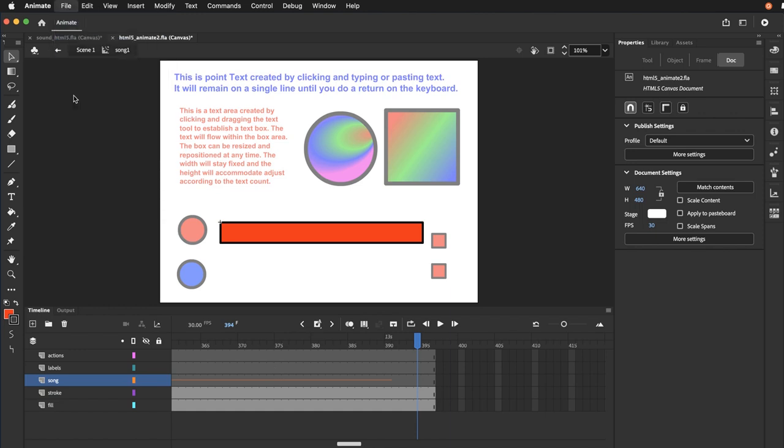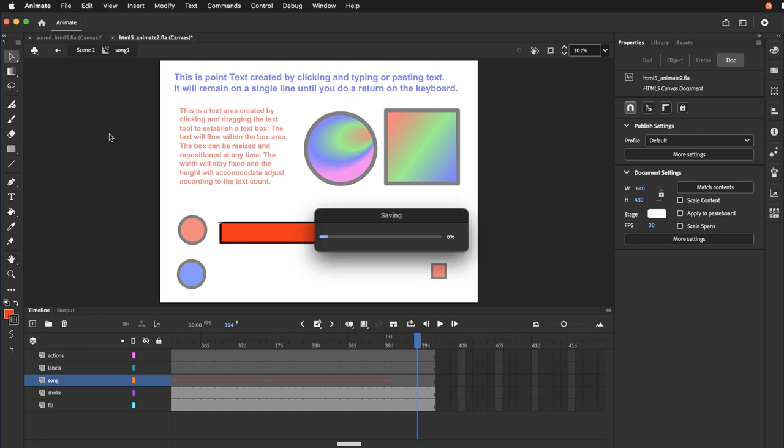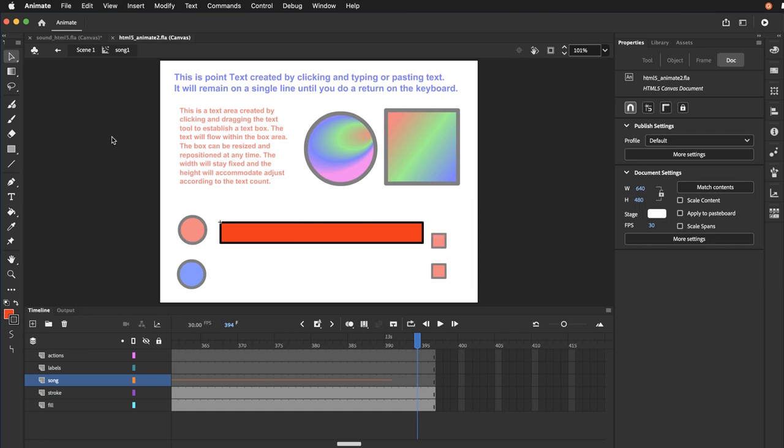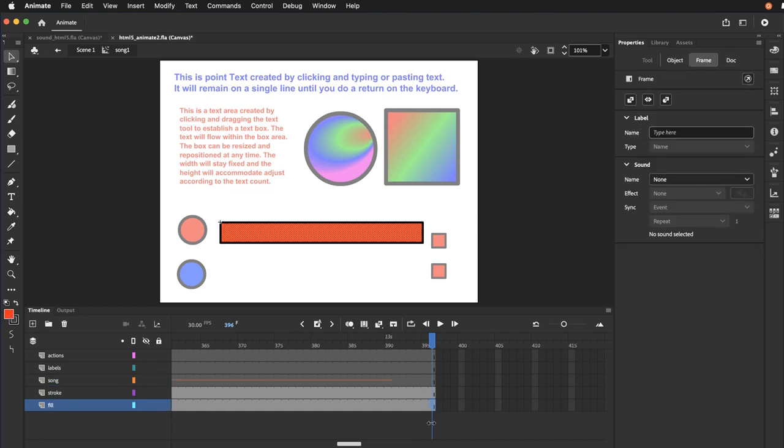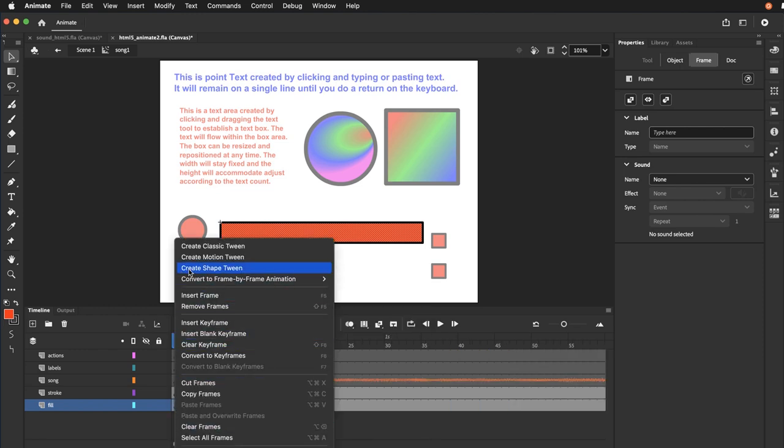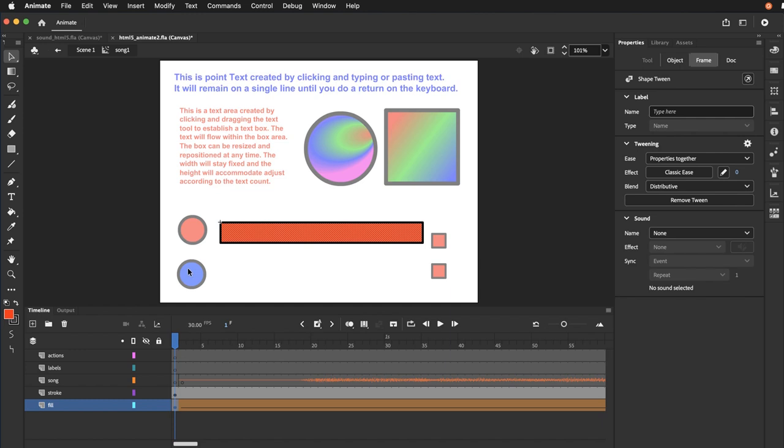And at this point, I can create an animation that will basically align with the duration of the song, and that would be the fill animating. So I'm going to keyframe the final frame in my fill there. I can select that frame right at the end there and keyframe that with F6. Okay, I'm going to come back to frame 1 and designate a shape tween, create shape tween. So the last thing I want to do is take this fill and just stretch it to be a thin